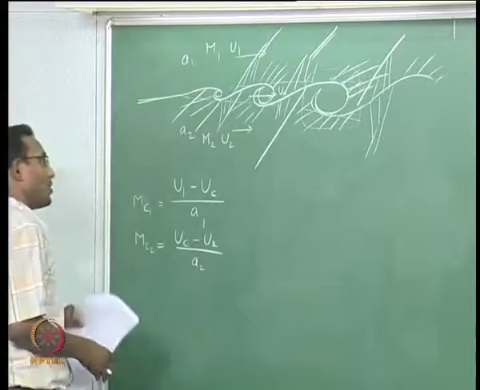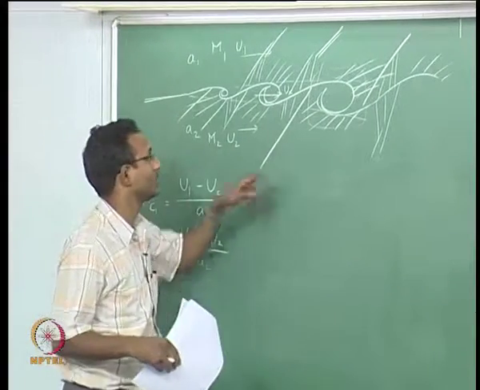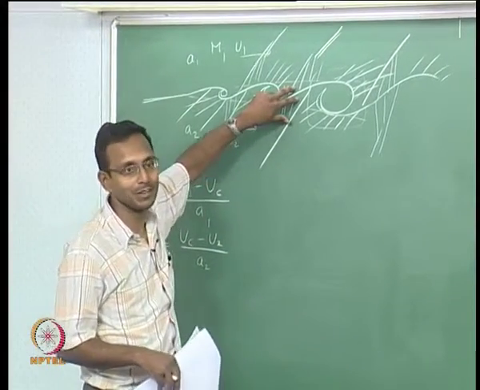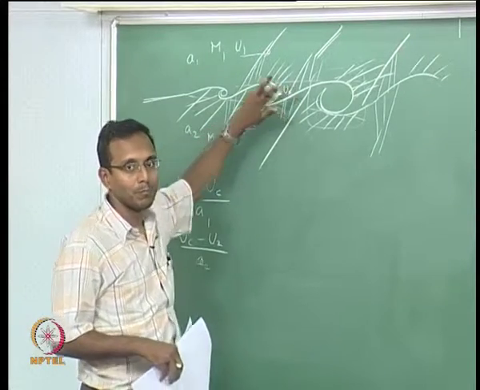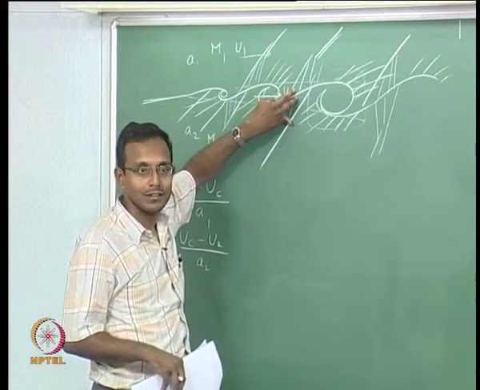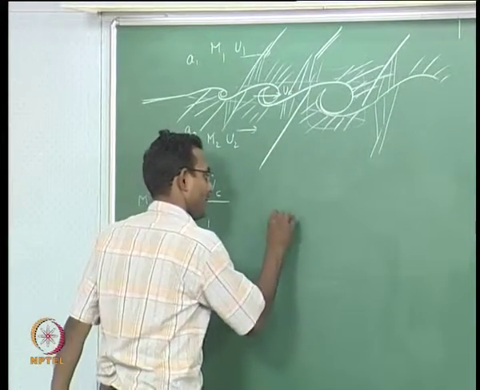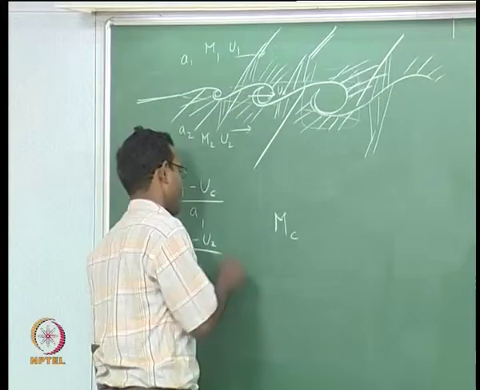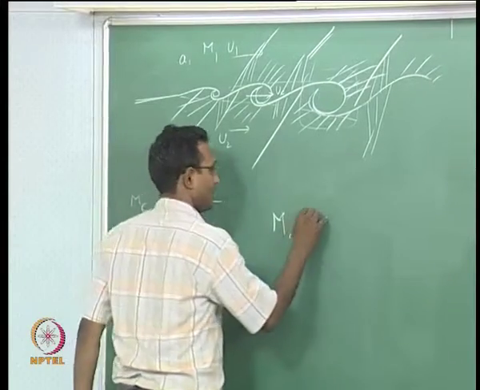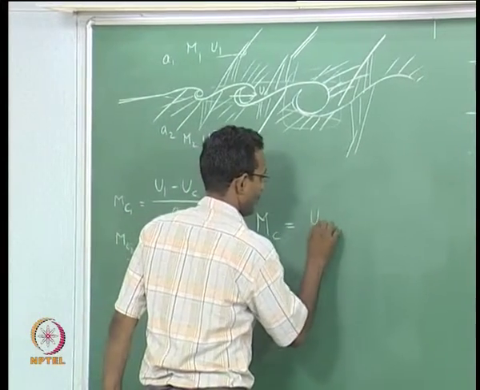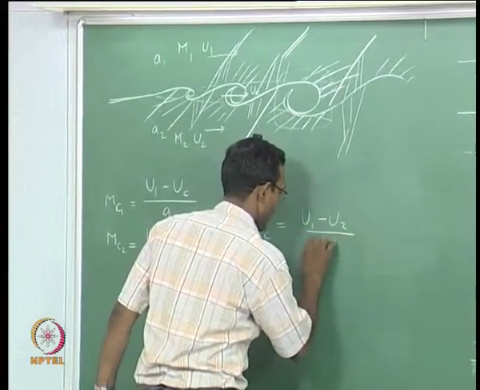We can discuss more about this. The pressure has to match at this point, and because of that you get a pressure matching condition here. We can talk a lot more about this, and they came up with a single convective Mach number using these two definitions, and that happens to be (u1 - u2) / (a1 + a2).